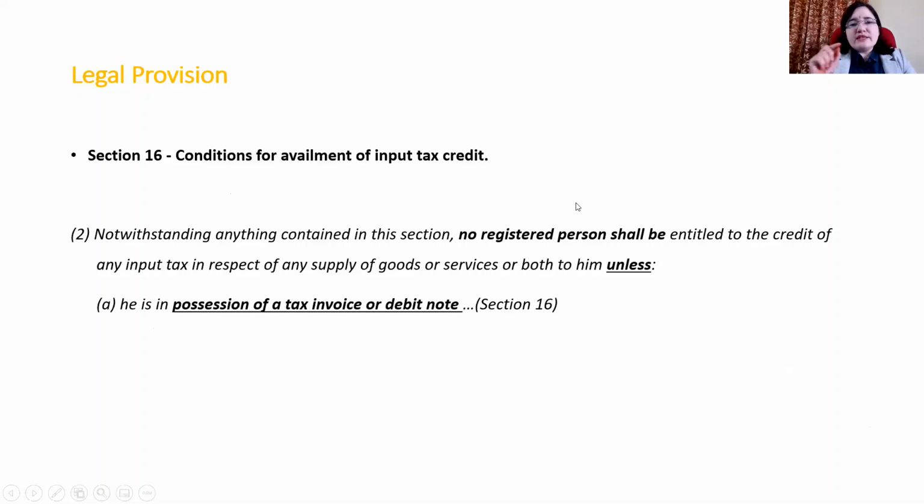Second, related to section 16. If you refer to section 16, it says that the